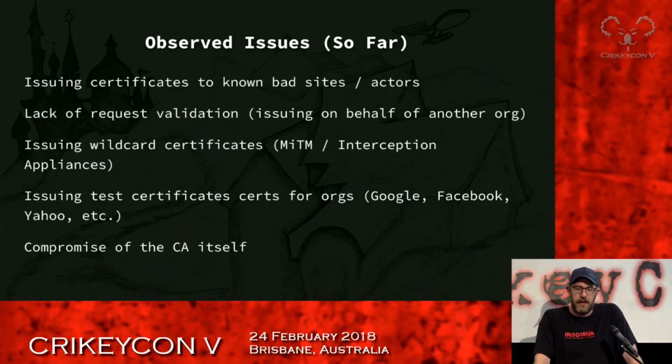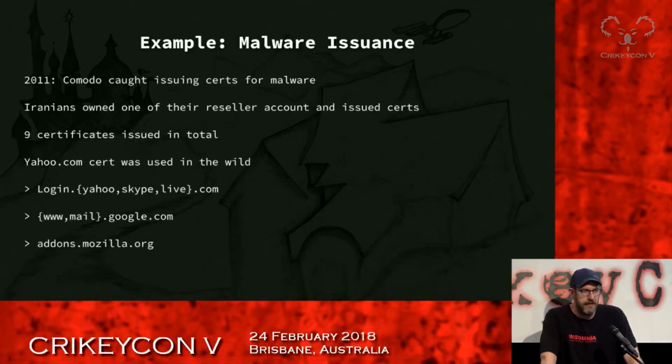Issuance of wildcard certificates, so if you have a CA that issues a wildcard certificate, that certificate can present itself as trustworthy for any site of their choosing. That can lead to man in the middle, and is quite often what interception appliances rely on. Issuing test certificates. One of the examples we'll look at in a minute is situations where test.sh, like some shell scripts, were actually generating certificates that could be valid in the wild for millions of browsers. And a compromise of the CA itself, right? We like to think that certificate authority means they are authoritative, therefore they are secure, and that is not necessarily the case.